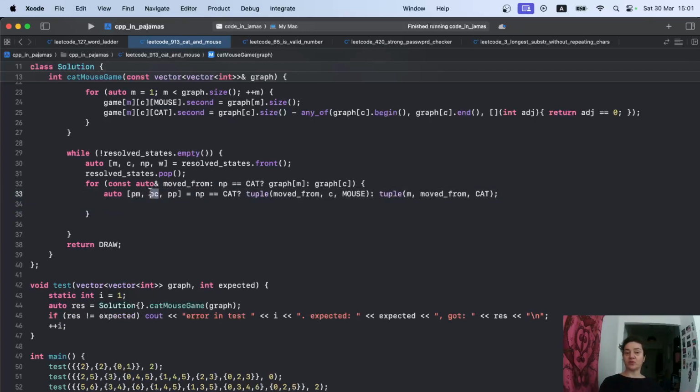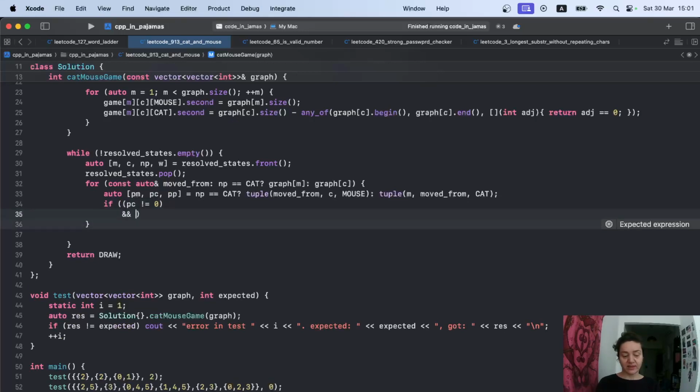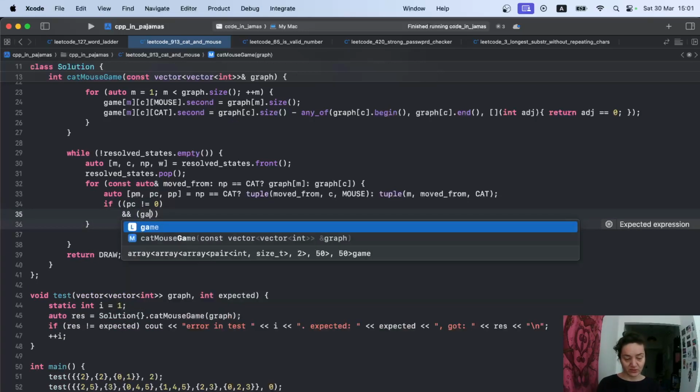And we need to figure out if we're allowed to resolve a winner for this state. So what are the conditions for resolving a winner? Well, there are quite a few. We may resolve the winner, first of all, if that state is not already resolved, right? We don't override the winner for an already resolved state. Also, the cat is not allowed at 0. If in the previous state the cat is at 0, I'm ignoring this. I'm not resolving anything. So let's start with this. If cat, previous. Only if the cat wasn't at 0 and that state is not already resolved,